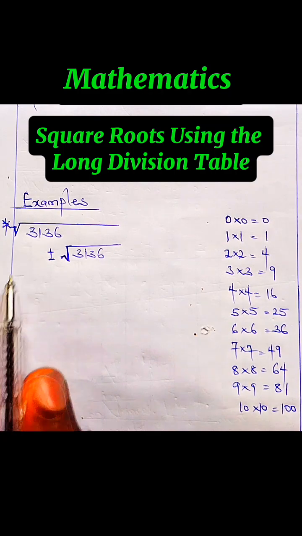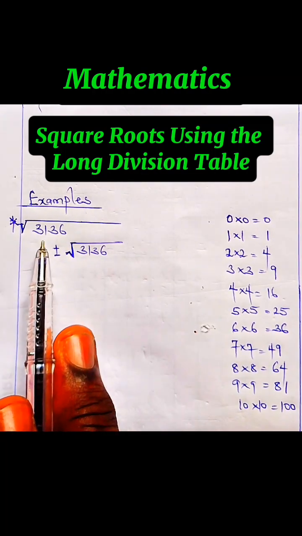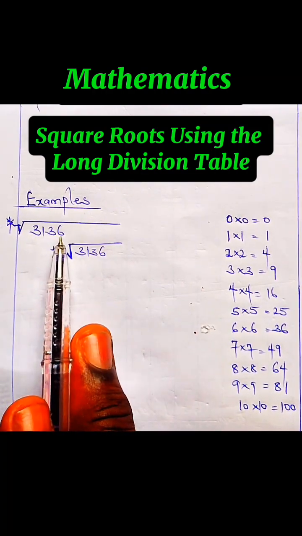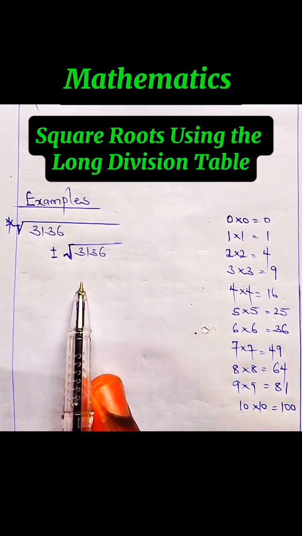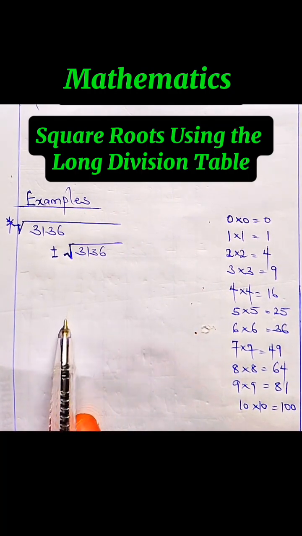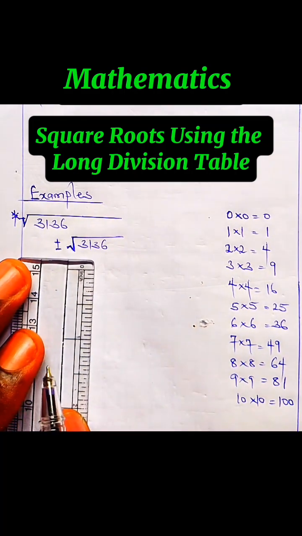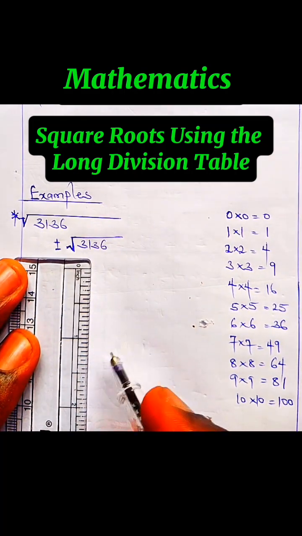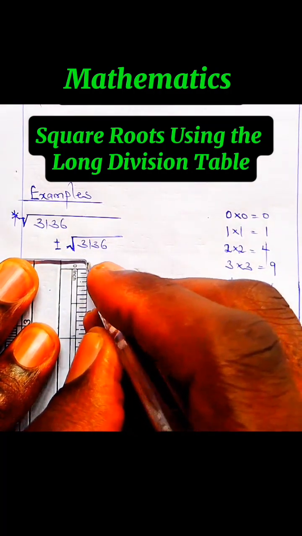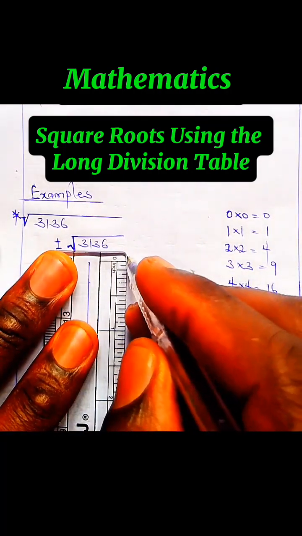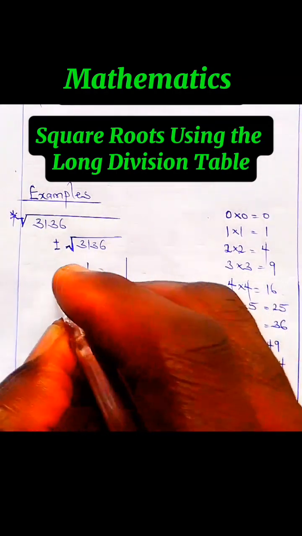Now, if you look at this, get the square root of 3136. How do we get the square root of this number? We could use the product of prime factors method. Let's see if that method could work for this. But the method we're talking about could work for any kind of number, regardless of whether it's a prime number or not. So the first thing I'm going to do is draw your table like this. You draw your table and then you get the product of the prime factors of